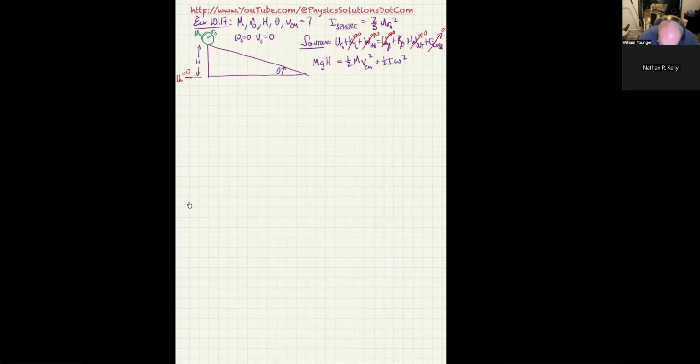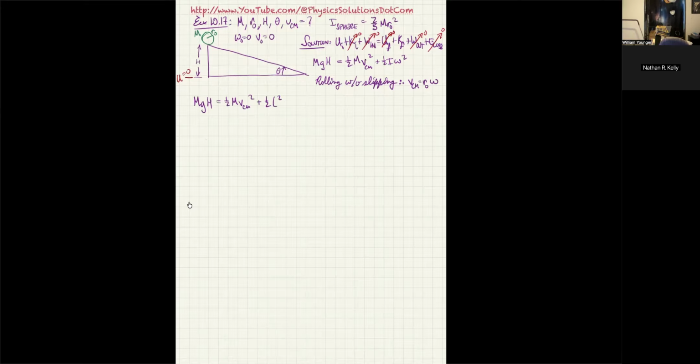Now, since it's rolling without slipping, rolling without slipping implies that v center of mass is equal to r0 times omega. So that makes it a little easier for us. Now I can go ahead and plug in m g h is equal to 1/2 m v center of mass squared plus 1/2